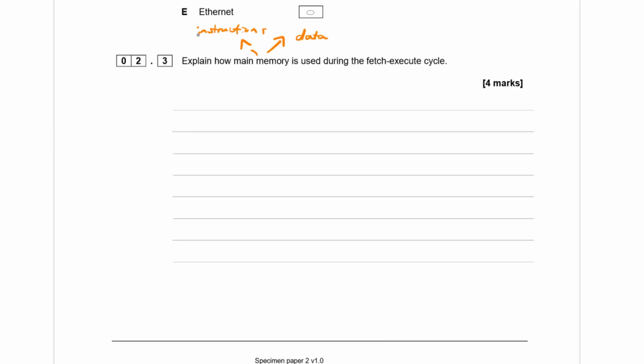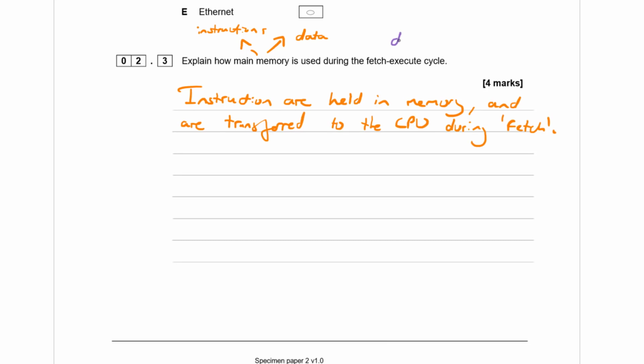In fact, you store both instructions and data in the main memory, and the main memory will specifically hold instructions for programs that are currently open. So firstly, instructions are held in memory and are transferred to the CPU during the fetch stage. You then also have the decode stage, but that's not got a whole lot to do with this, to be honest. The decode stage is where you look at the instruction, which might be something like add R1, R2 in assembly, and it'll work out what this is doing, and warm up the circuitry that is needed to actually